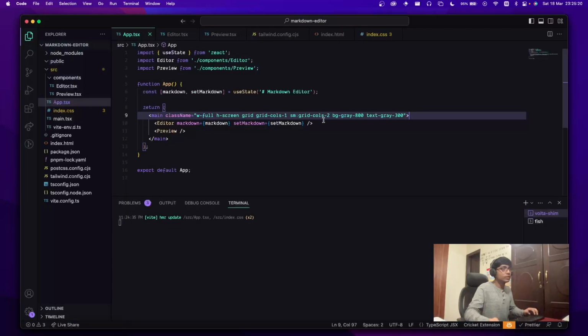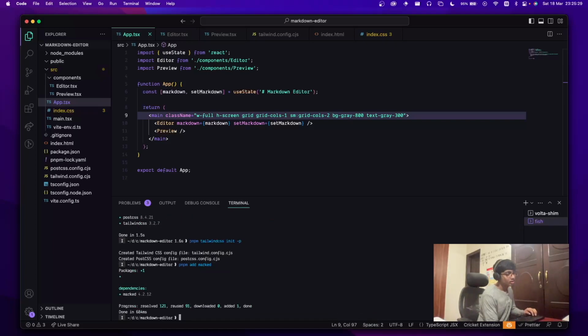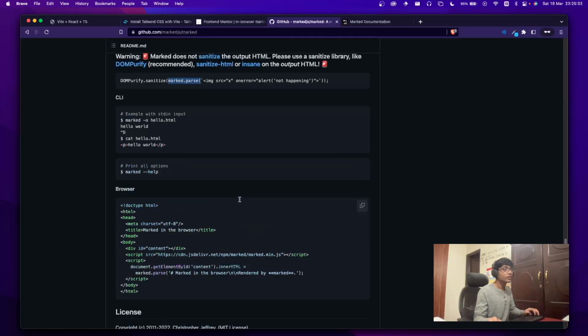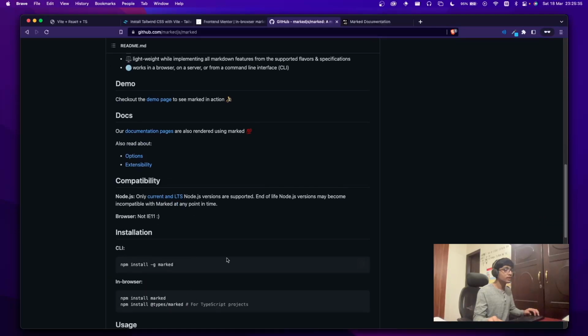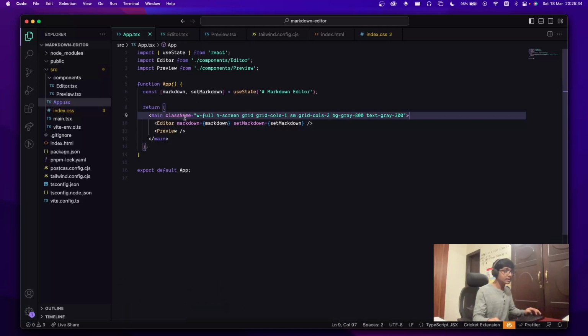So we can just install that right now. npm add marked, and let's also add, well, DOMPurify, which is called here. So let's just add DOMPurify. I don't think we need JSDOM. Yep. So once that is done,